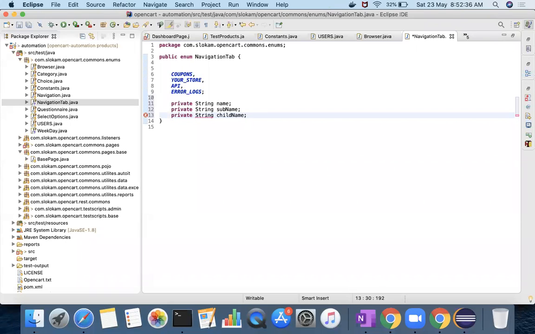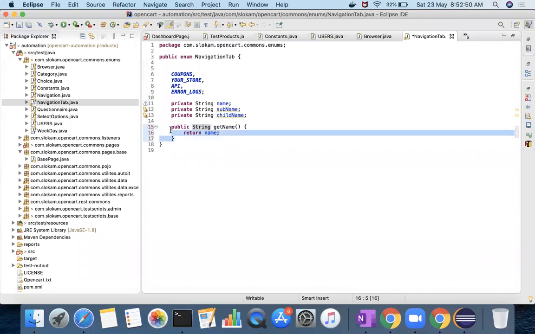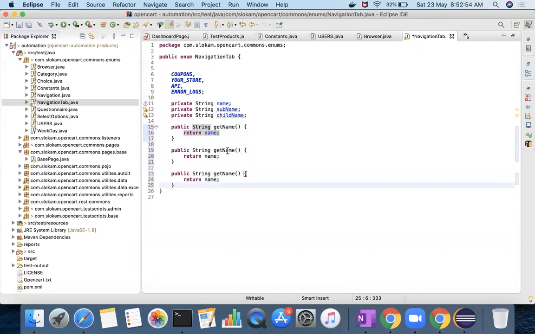All 3 values will be supplied here, and then you will have public get name, which should return name, then subname, child name.